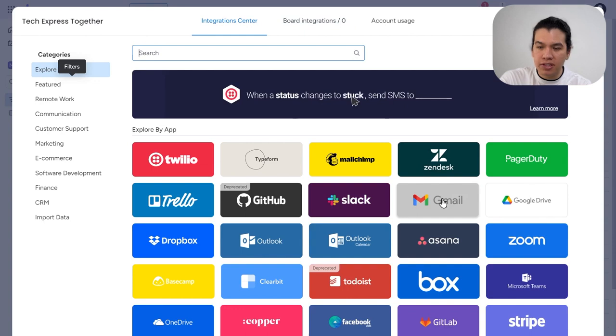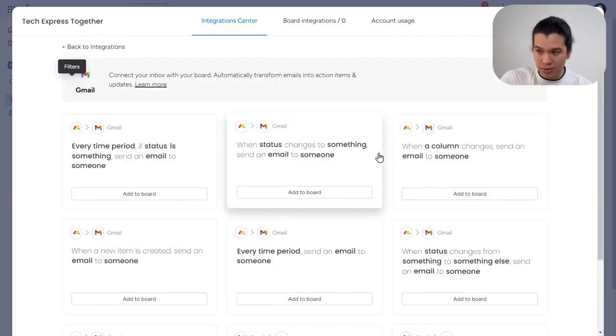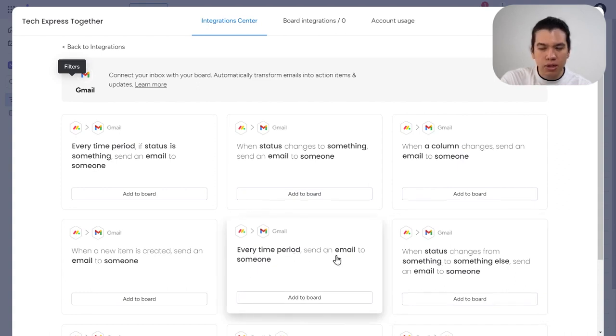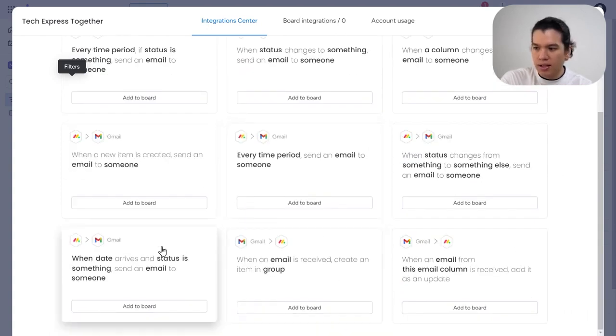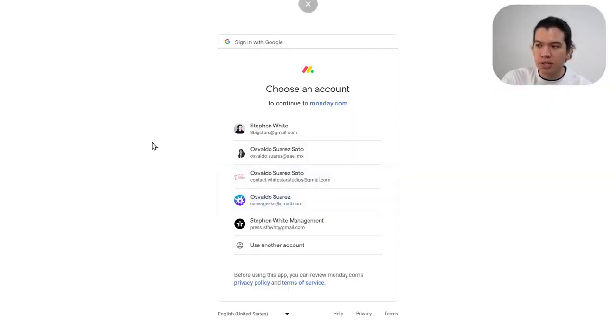I needed to have the Gmail integration enabled in my actual account. So for example, when status changes to something, send an email to someone. Every time period, send an email to someone. So let's say that I wanted to add this to the board, and now it says connect your Gmail account. If I hit connect,